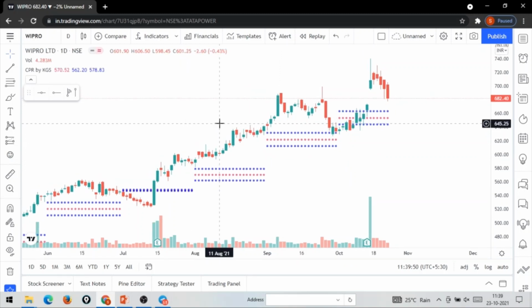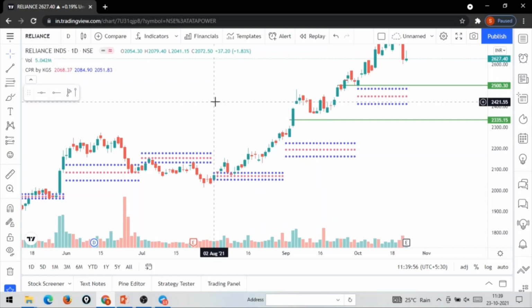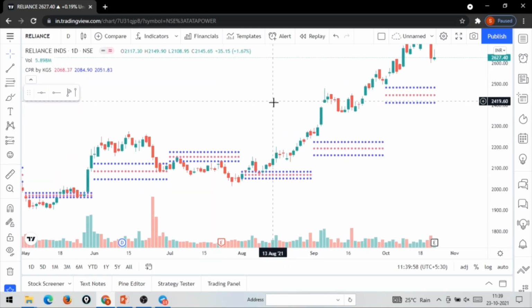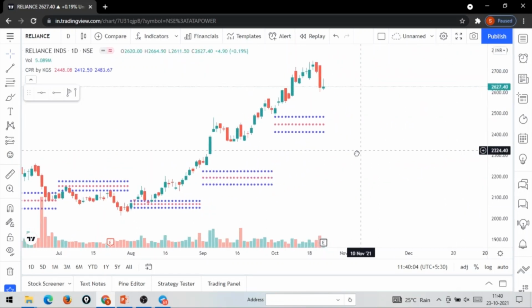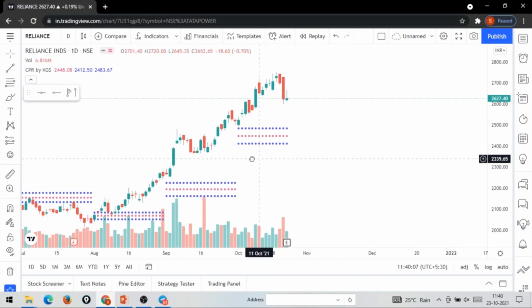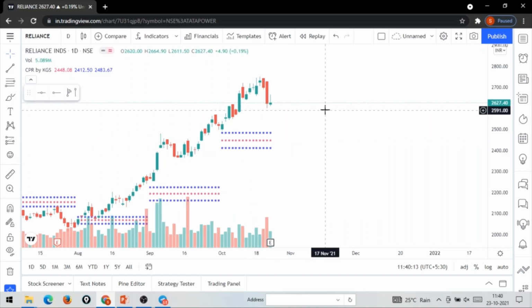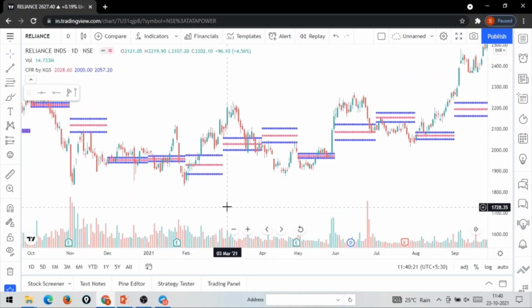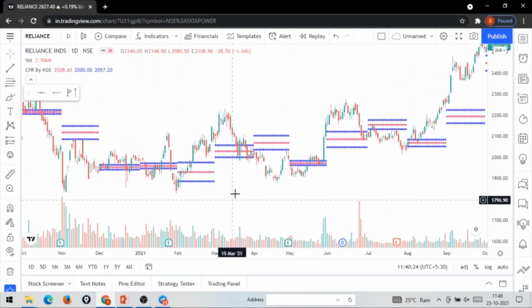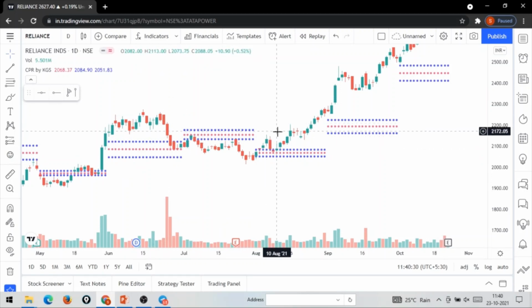Let's say HCL or Reliance Industries. I will remove the noise. This is back-to-back high CPR. Trading can be done in the November month. If the higher CPR comes and the price comes to that CPR level, you can enter in this stock. Let's see what has happened in the past of Reliance. These are all sideways zones. This also has back-to-back high CPR and another CPR is not high.